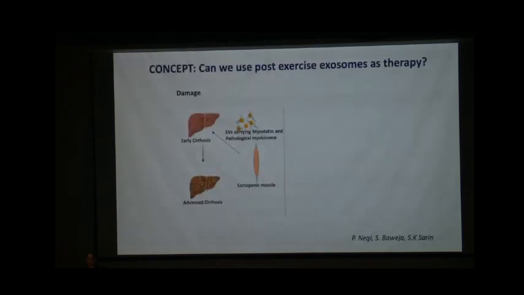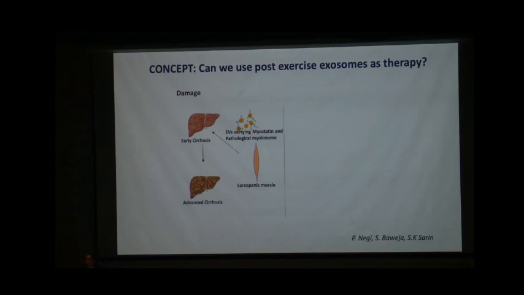So Preeti Negi, me and under Sir's guidance, we are trying to find out if we can use exosomes instead of myostatin inhibitors or myokines. For those who are new to the exosomes world, these are small cell-derived vesicles which are released by every cell type, and they carry information like cargoes, like trucks, from one cell to another. The information can be proteins, miRNA, RNA, or metabolites. So we thought if we cannot give myokines directly, let's give exerkines, which are exercise-released